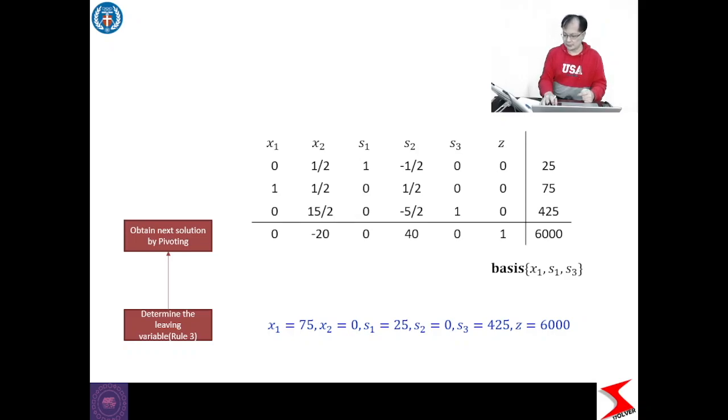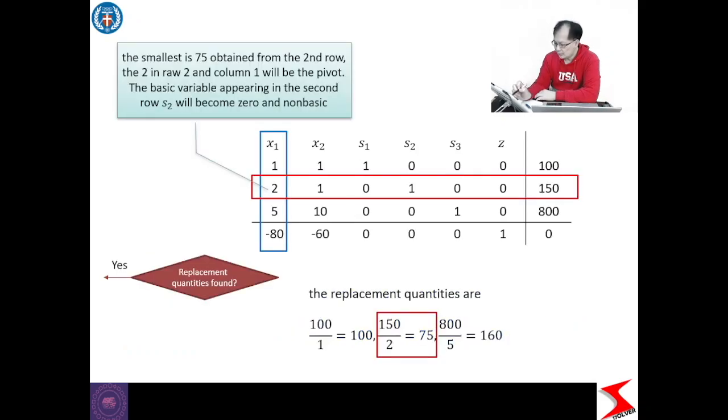Okay, so first, we try to make the coefficient of the pivoting number become 1. So we divide the entire row by 2, and it will become 1, 1/2, 0, 1/2, 0, 0, 75, right? And then we try to make the other rows, like the first row and the second row here,